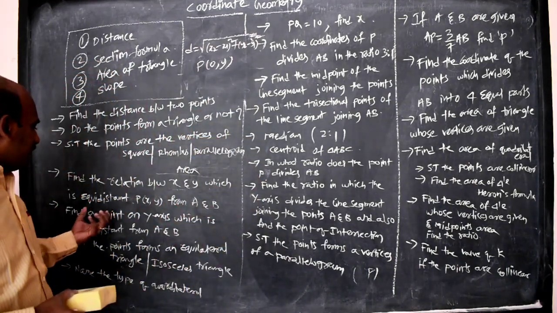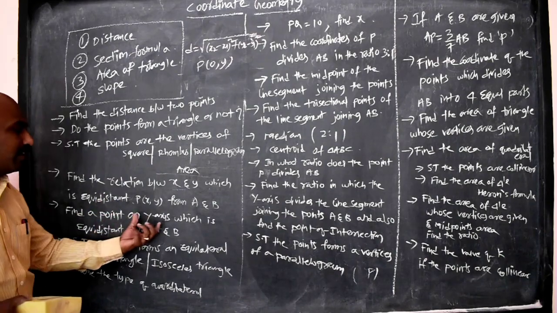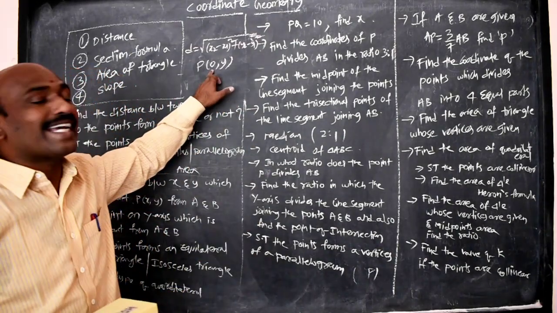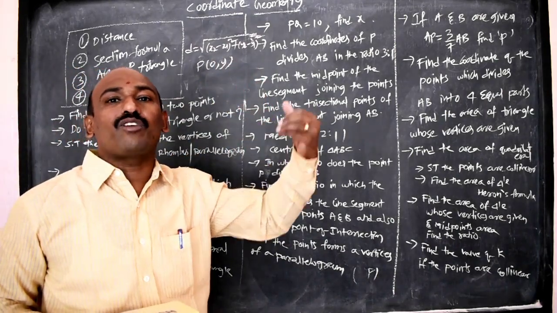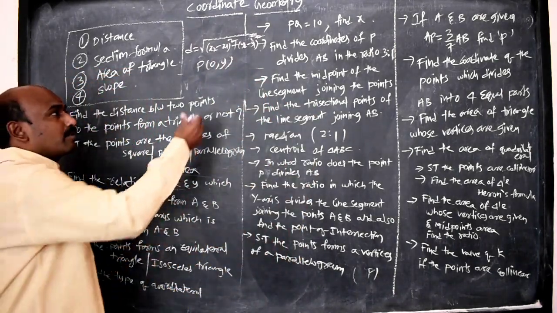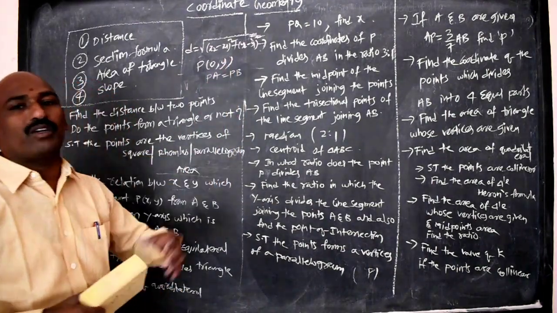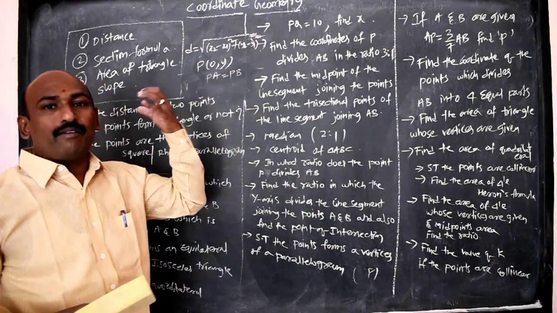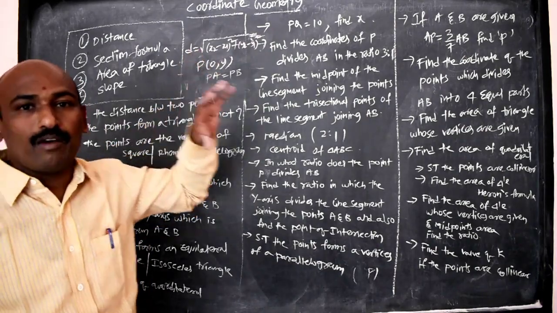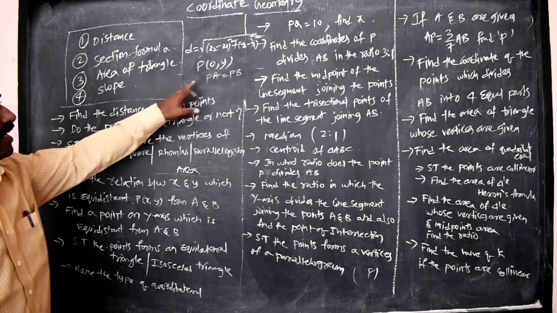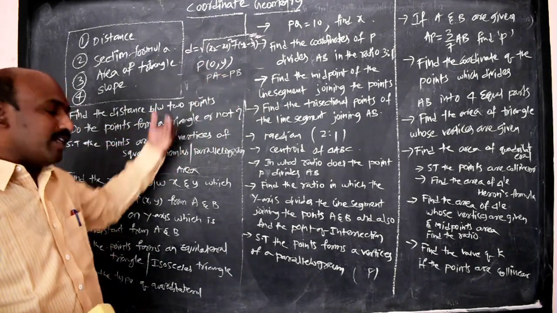And he is saying find a point on the y-axis which is equidistant. The same concept we will apply, but instead of x we will take 0 because the point is on the y-axis. The same concept we will apply here, PA equals PB. They will give the vertices A(1, 2) or B(3, 2), whatever the value, the same relation we will get, only the y value because there is no x, and we will get y equal to 3 or y equal to 2, we will get some answer.